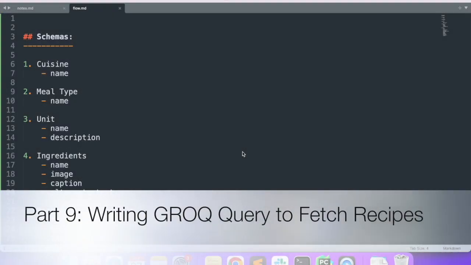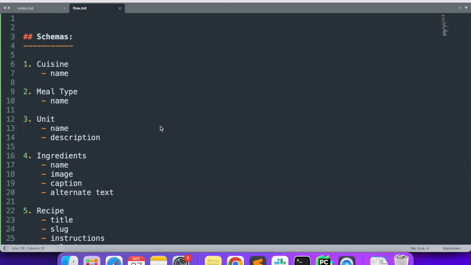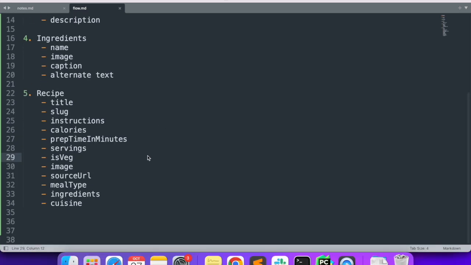Hi everyone, so we have finished writing all the 5 schemas that we planned when we started this small project. After completing the last schema in the last video, I took some time to add 2 recipes